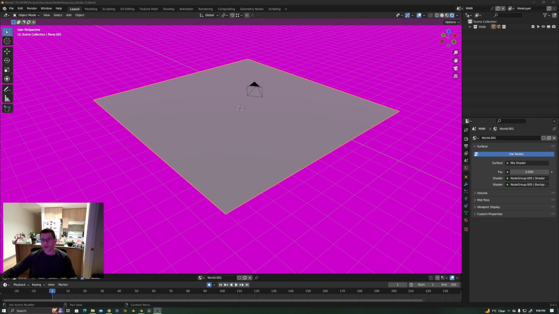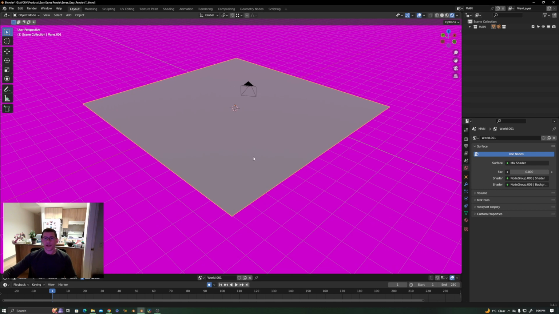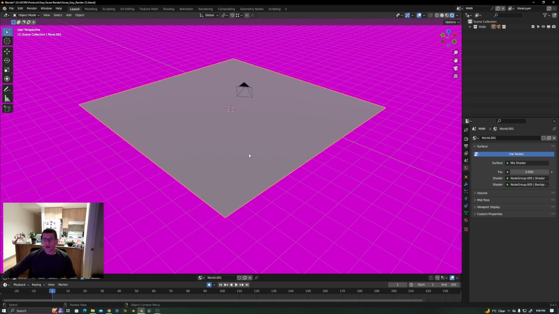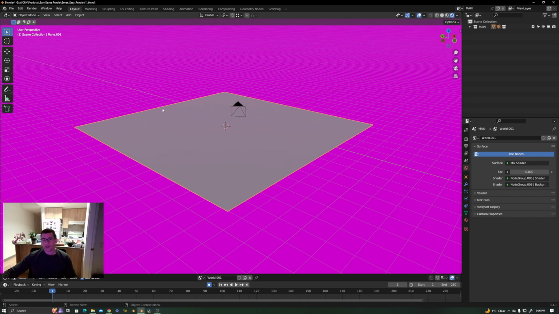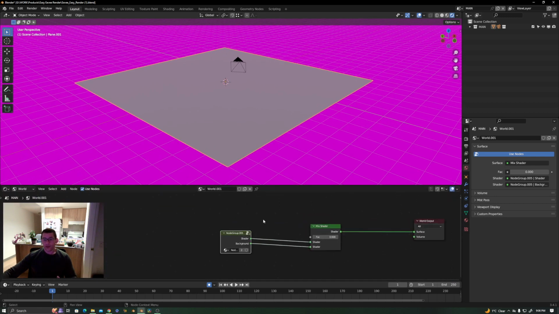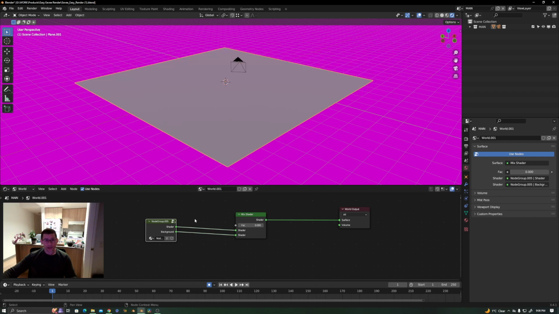Let's go. So first, that's the scene you're gonna get with the tool, right? It's a pink background with a plane, and that's all you need. Why? Because this plane has the grayscale shader, and I'm gonna show you why this is important, okay? And the pink background is because it's just a background with no texture, right? For example, that is the world,